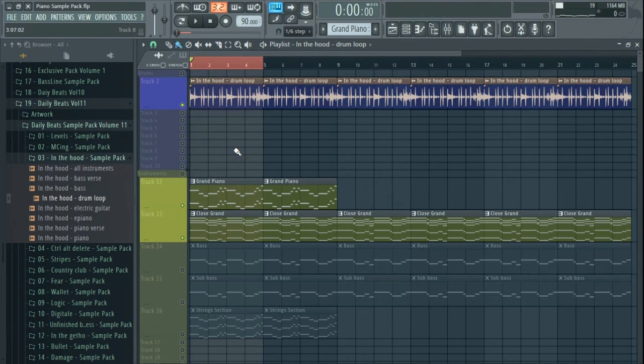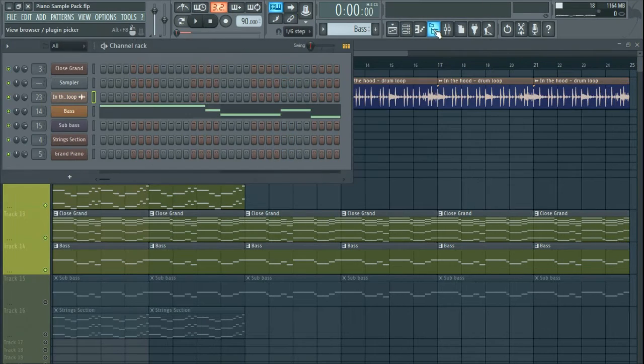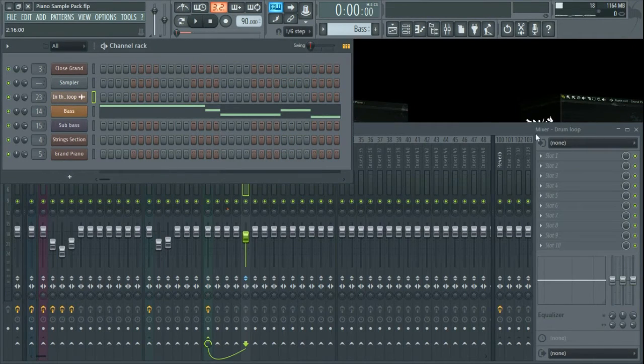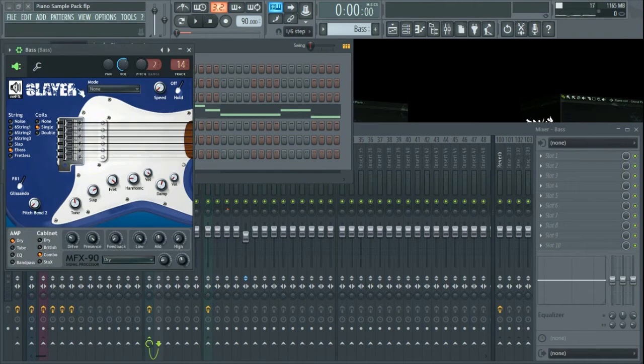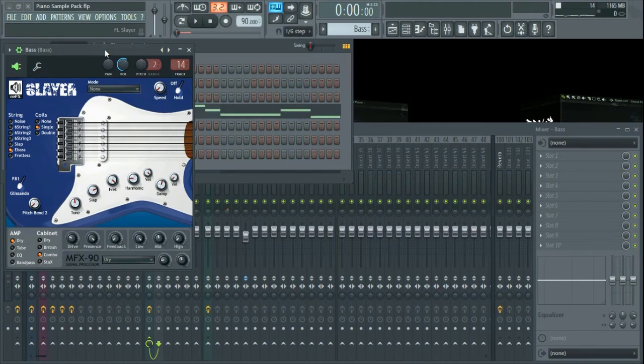Okay, after that I added a bass line, which is this one here. Let me close this for now. And this bass line is basically the FL Slayer with the preset bass E bass, and it's a nice bass.